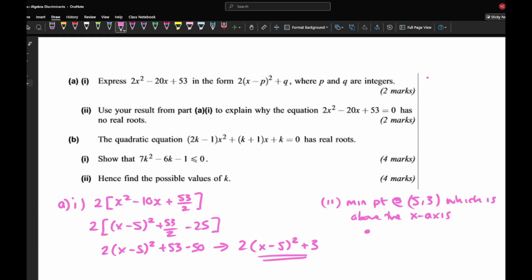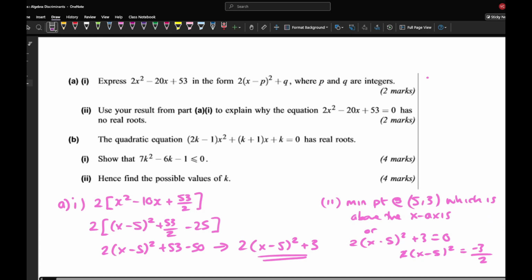Or another alternative way you can do is go on and try and solve this equals 0, in which we'd end up with equals minus 3, and then we can take the 2 over, and then you end up trying to square root. So you can't square root, oh, I'm going off screen, so you can't square root a negative number, so therefore it's got no solutions. So just a little note right here, can't square root a negative,